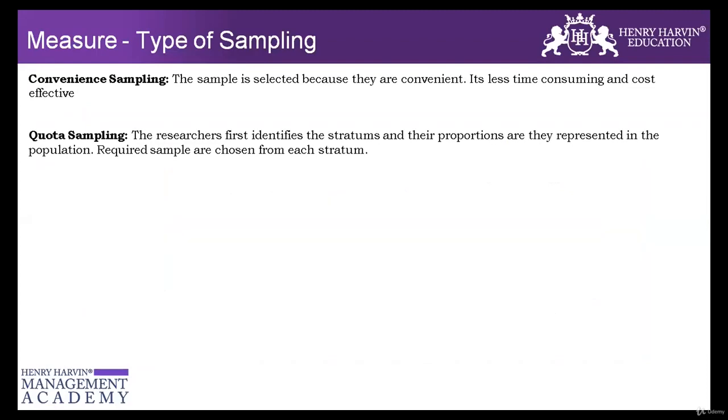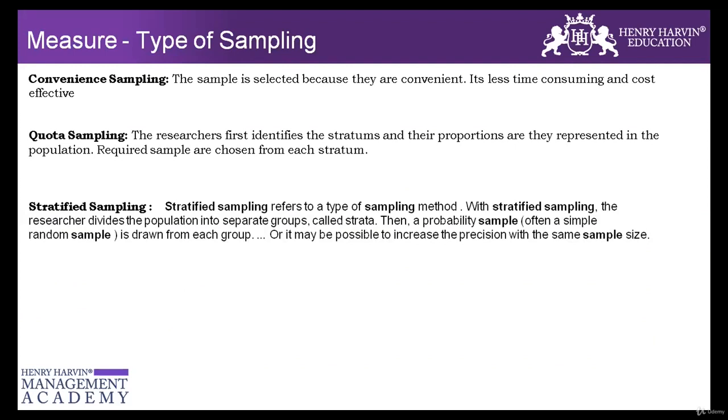So quota sampling, we talk about we identify the strata and their proportion as they're represented in the population, and the required samples are chosen from each stratum. The final type of sampling is known as stratified sampling, which is a combination of all that we talked about. Stratified sampling is when we do the quota sampling, and basis the samples that we have, we do the random sampling out of it. So for example,